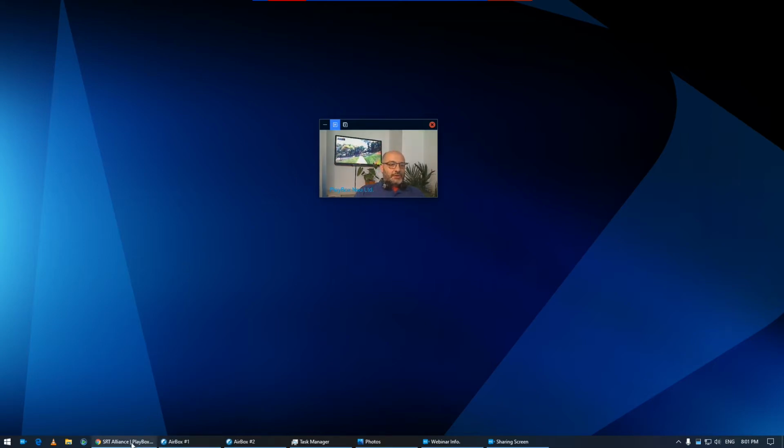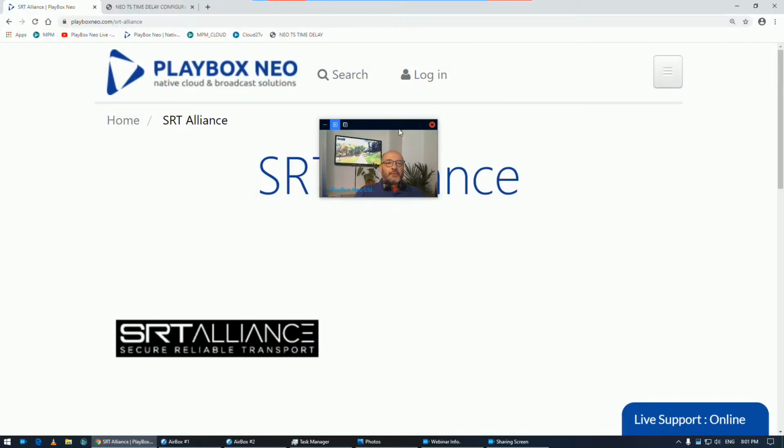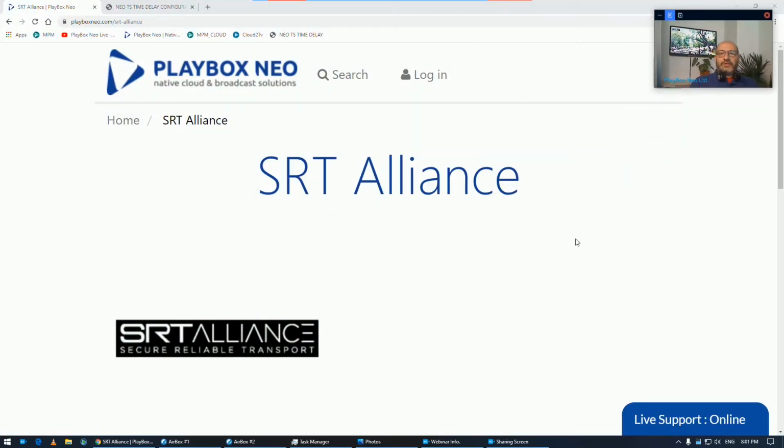First, let me start with the Secure Reliable Transport Protocol. This is something relatively new, and we just released a version that supports this. If you need this workflow, please talk to your sales rep and our support engineers, then they'll get you going with this workflow. PlayBox Neo is a partner in the SRT Alliance, and SRT